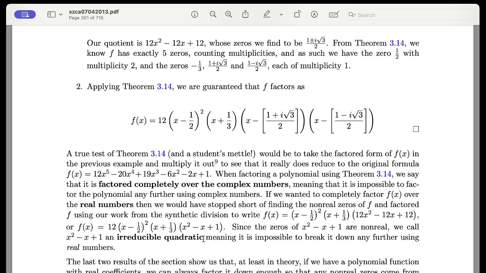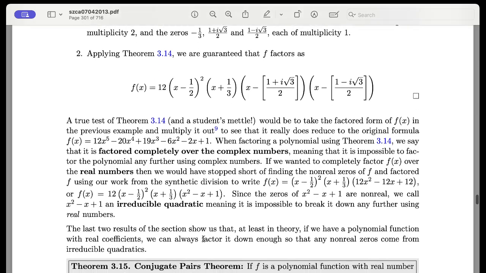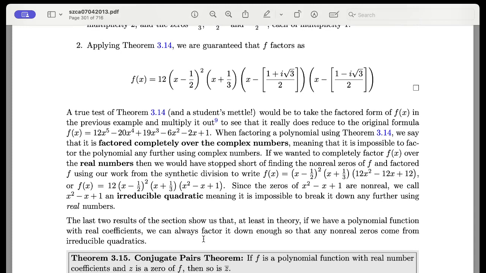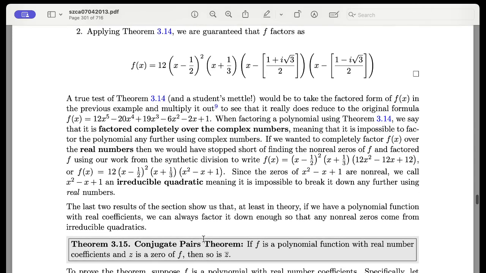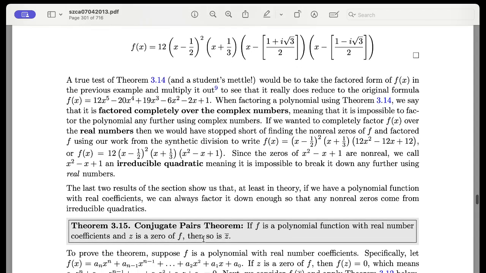It does have zeros in the complex numbers, but that's sort of okay because we can pull them out with the quadratic formula. But the thing that's cool is no matter how big the polynomial is, when you factor it down completely, you've got nothing but linear and quadratic terms. There are no higher powers to worry about. Now, because quadratic terms are the things that actually are an impediment from breaking the thing down all the way to linear terms,